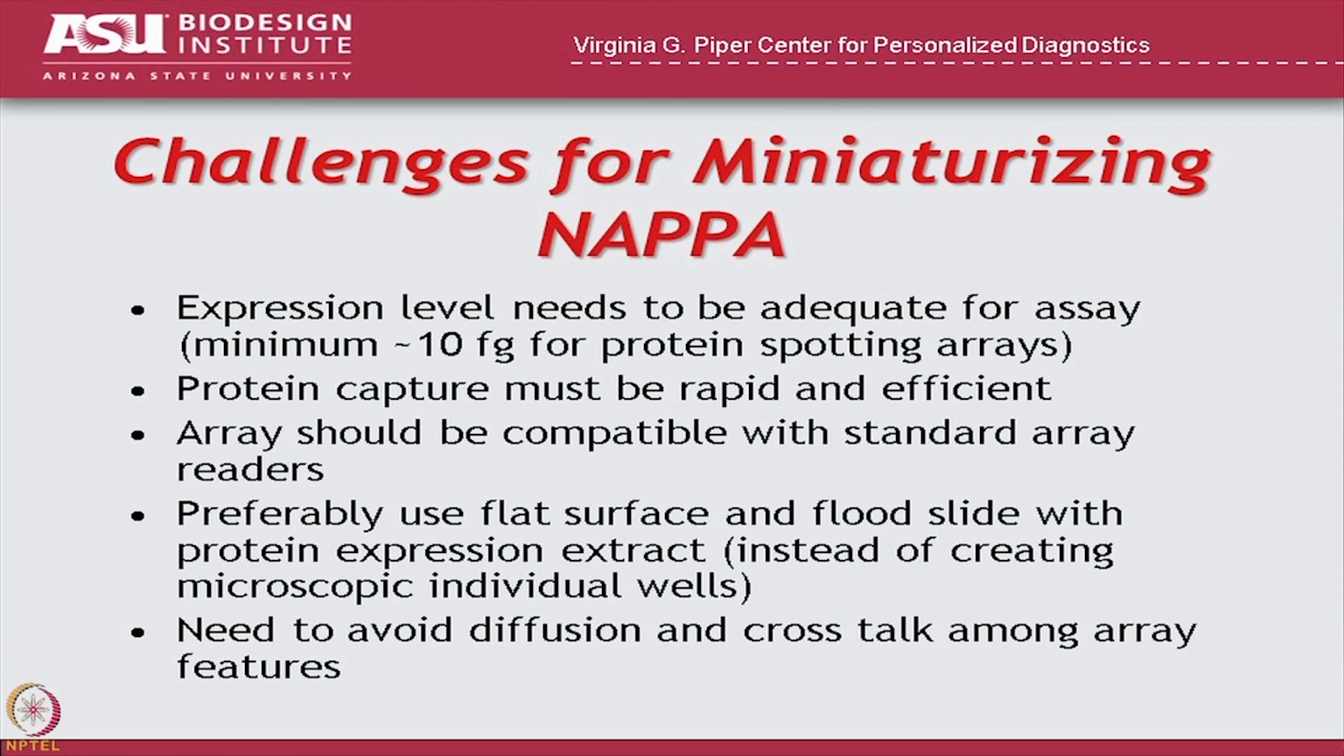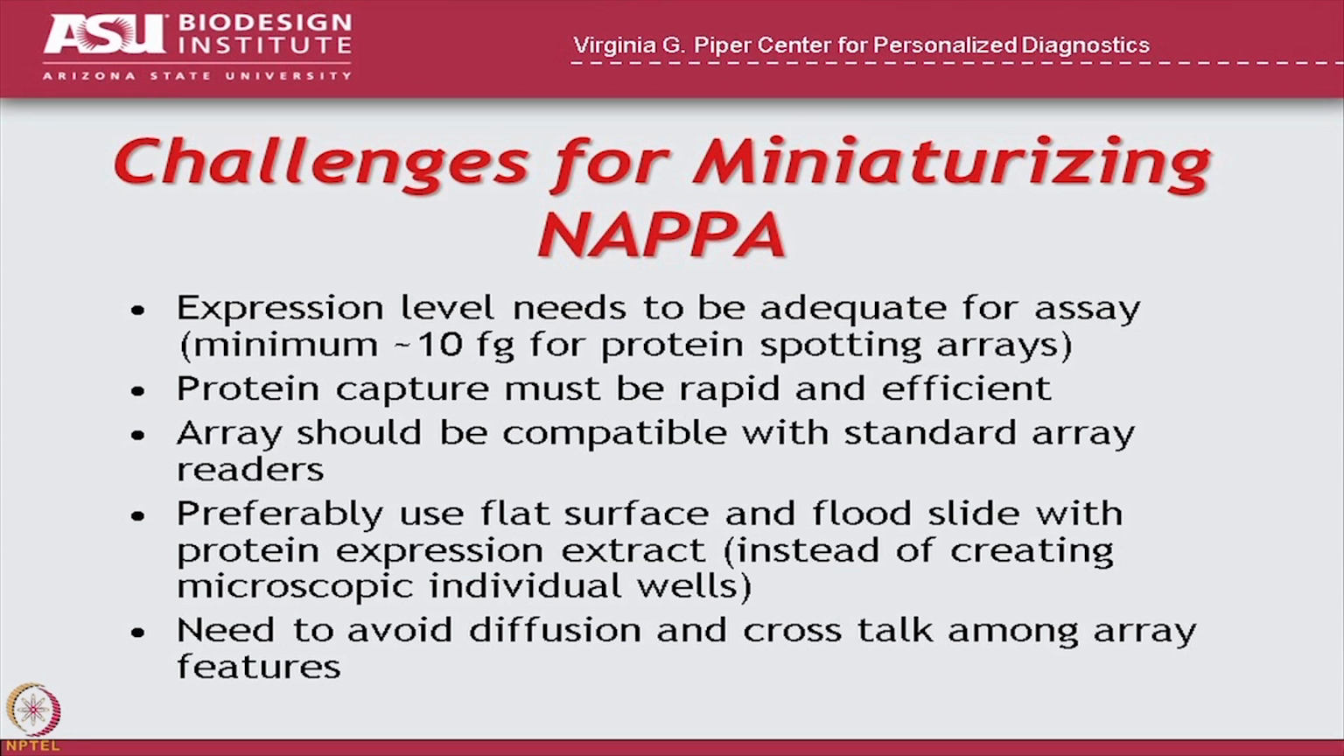So we need to now take it from this format, which is on 96-well dishes, and we had to get it onto a microscopic chip. We had to be able to print it on slides so that we could do thousands at a time. So we had to be able to deal with very low amounts of protein. We need to make at least 10 femtograms of protein. We had to get capture that was rapid. We had to find arrays that were compatible with standard array readers. At the time, we really wanted to work on a single slide format